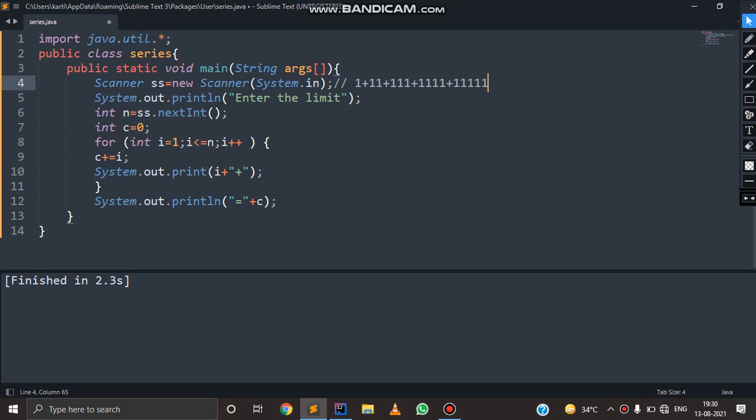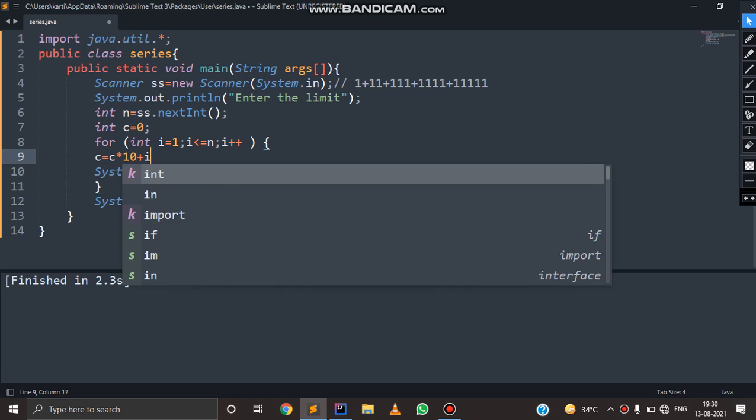Every time the user enters, like 5, this series will be printed with its sum. So nothing much to change here, just in place of this c, we write c is equals to c into 10 plus 1.